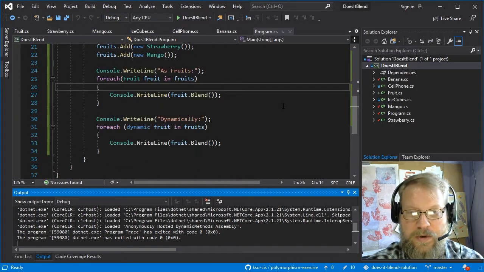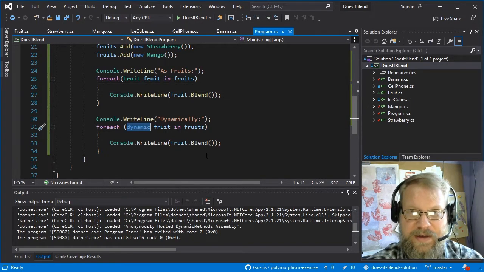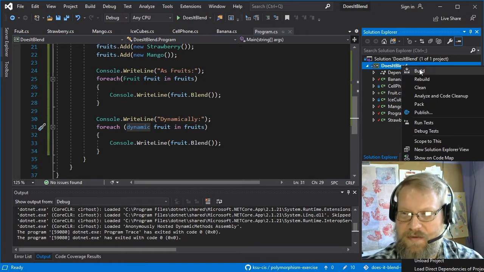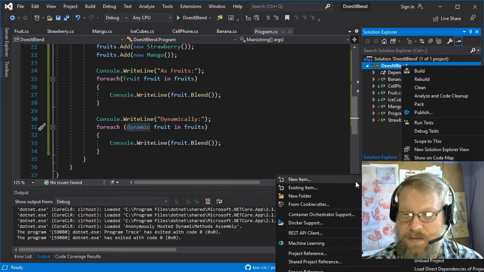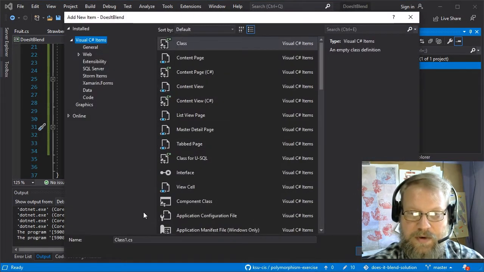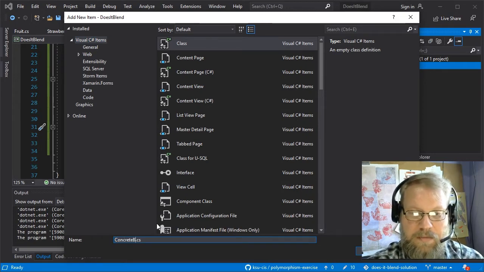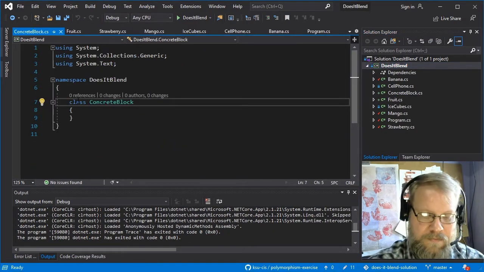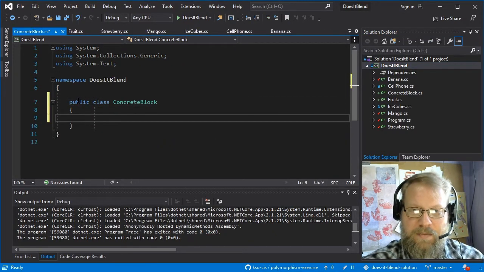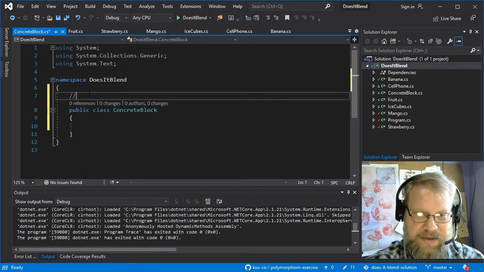So that would work, but I also want to emphasize that in a lot of ways, the dynamic keyword is kind of a cheat in a statically typed language. We're stepping around the intent of the statically typed language to treat it more like a dynamically typed language. And why is that a problem? Well, let's actually create another class, and we'll see why that's a problem. So we'll create a new class, and let's create a concrete block. So we'll create a public class ConcreteBlock, and this class represents,